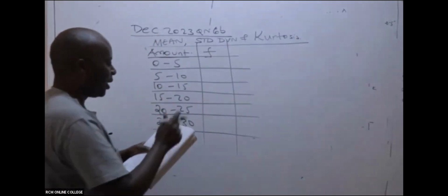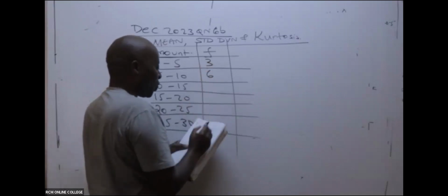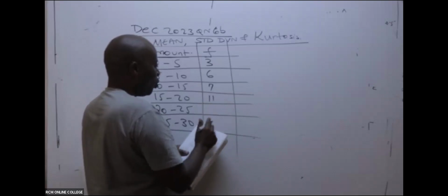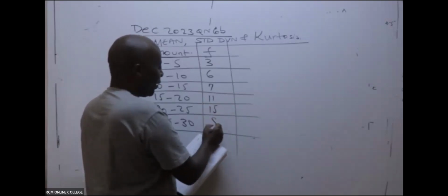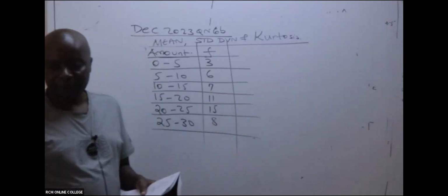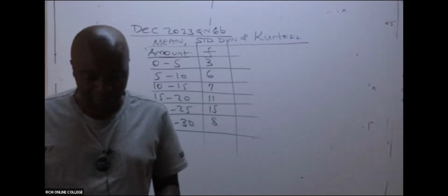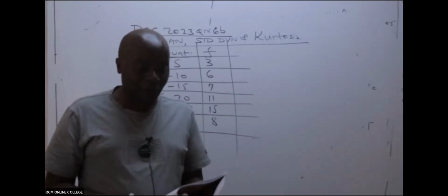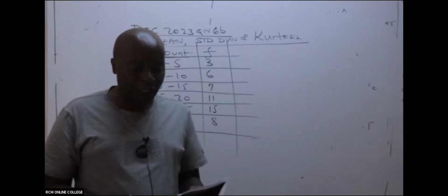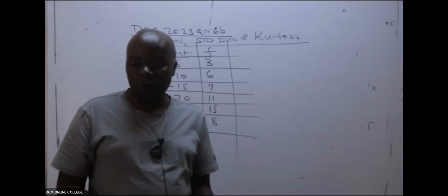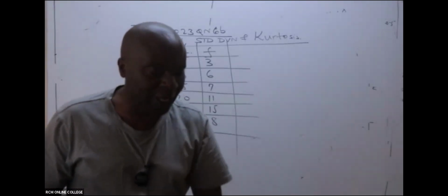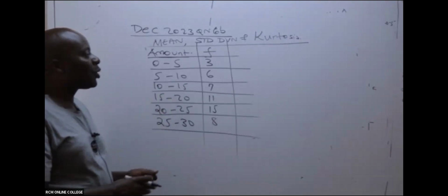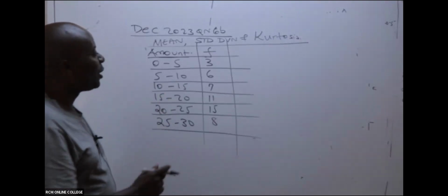That is frequency. So we have here 3, 6, 7, 11, 15, and then we have got 8, like that. And then what do they want us to give them? They want the mean first, standard deviation, coefficient of variation, and then coefficient of kurtosis. So if I'm given this kind of information, even without thinking too much, the very first thing that I will do